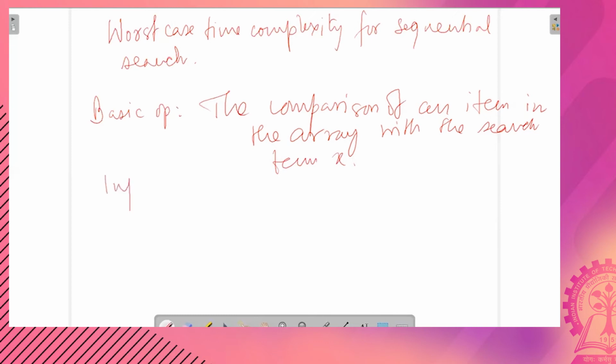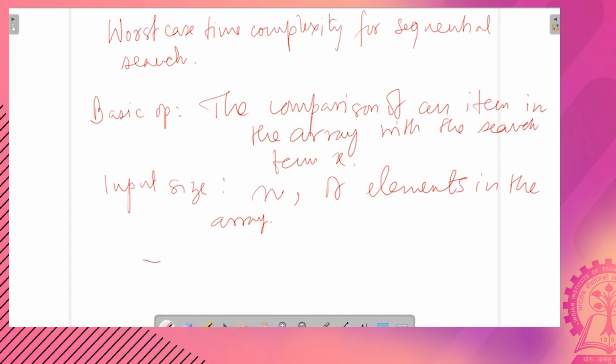What is the input size? Number n of elements in the array. So then, what is the worst case complexity here?